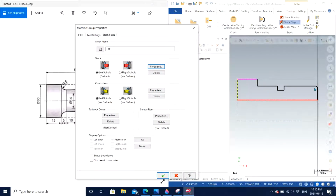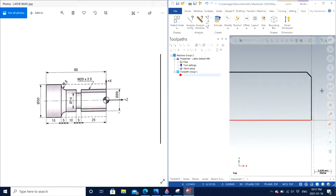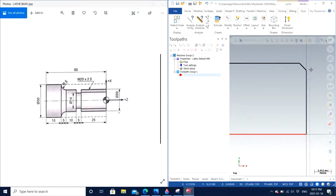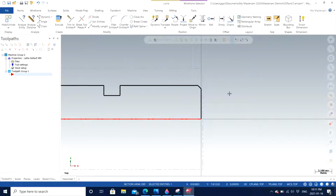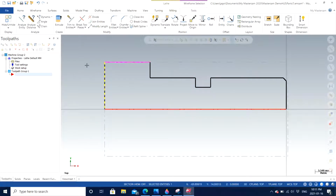You can see the shaded line right here. It gives me an idea of how my stock is going to look for this particular part. If I zoom in, I have a slight material which I have kept, 0.5 millimeters, on the right hand side of the part that we actually want. So just imagine, I'm going to maximize the screen, a tool is going to come from this side, from the right hand side, and try to cut this particular material, which is cylindrical in shape, to this particular shape which we have made using the wireframe, and we'll get rid of the excess material every time. But we also need to make sure that we have some excess material right here in order to